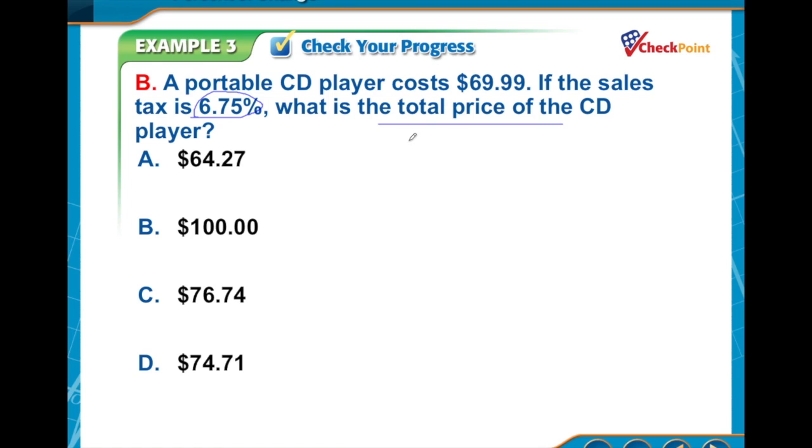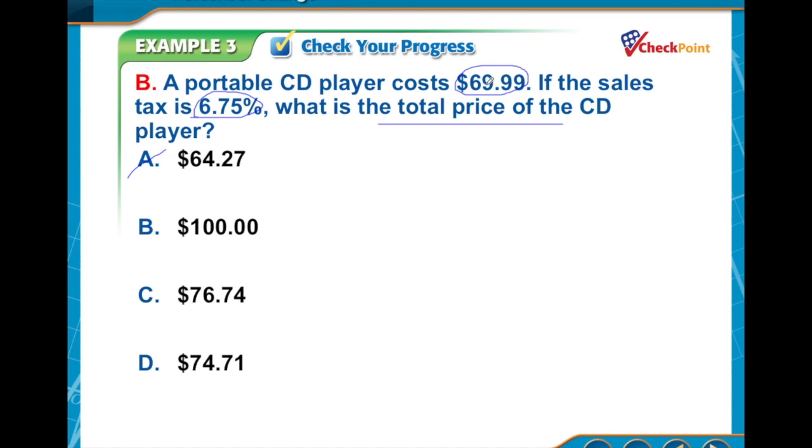So we know the total price has to be greater than this $69.99 because this tax is an increase in what we owe. So I look right away, I know 64 is a decrease, so that has to be wrong. Now the other 3 go up, so they could potentially be correct. So let's think about what's happening here. We need to find out what is